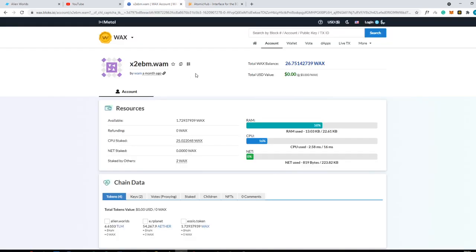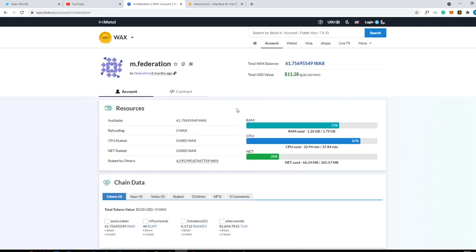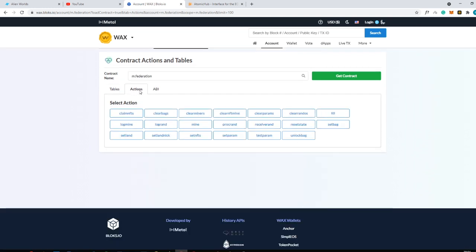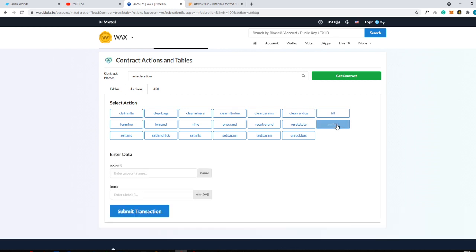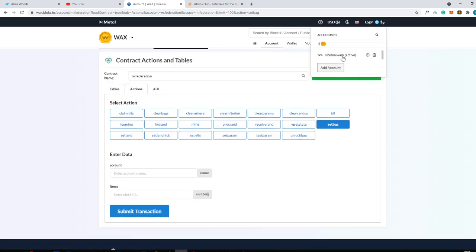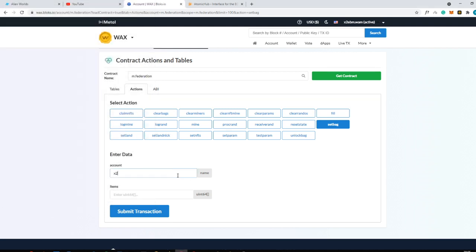So I'm going to teach you how you can combine multiple items. You will go to m.federation. As you can see here, this is the keyword right here. So you will go to wax.blocks.io, account, m.federation, and then go to the contract, then the actions, and click this setbag function right here. The next thing you need to do is re-log in again with your account. You need to log in again, and then type in your